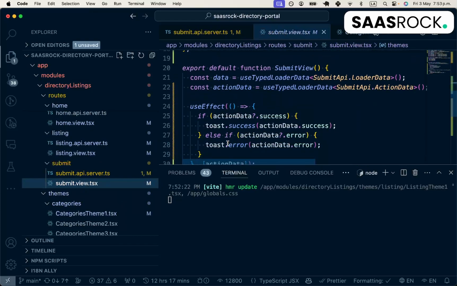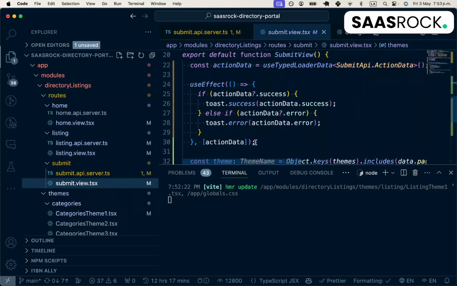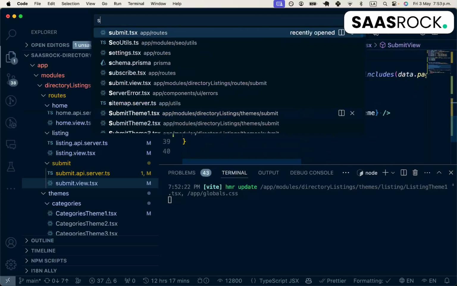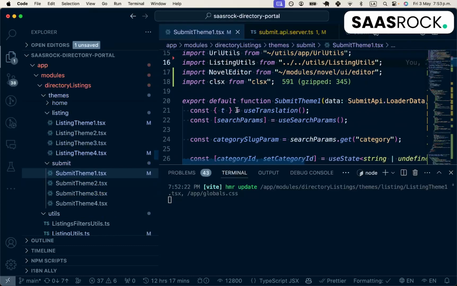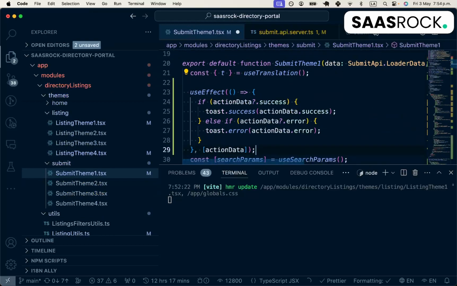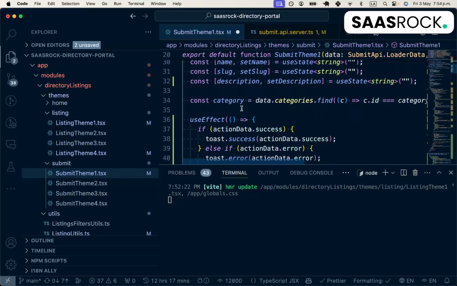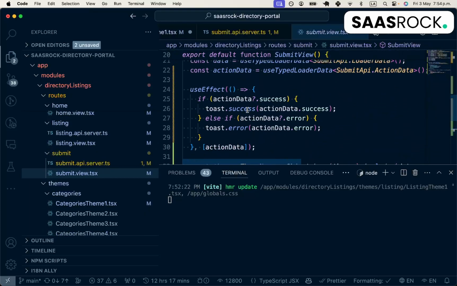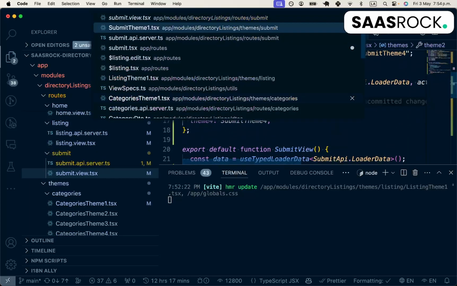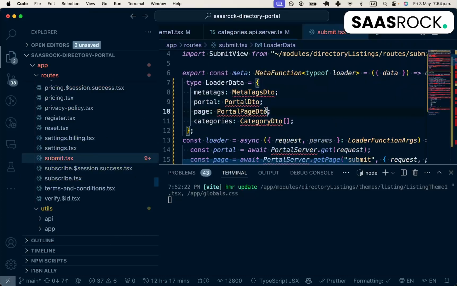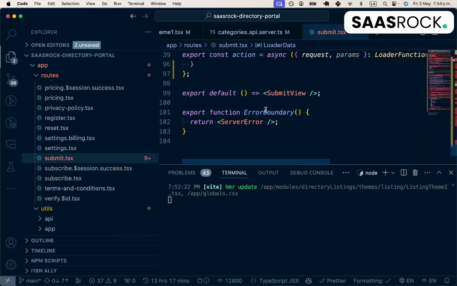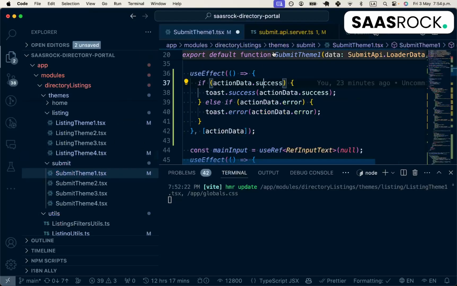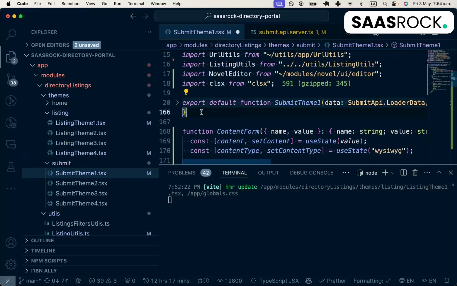But first, I'm gonna add this on the first submit theme, but the use effect below, oh, it's already rendering that. So we can actually delete this file right away, but we need to test this route. We need to pull here the submit view from the theme number 1. So exporting this default function,